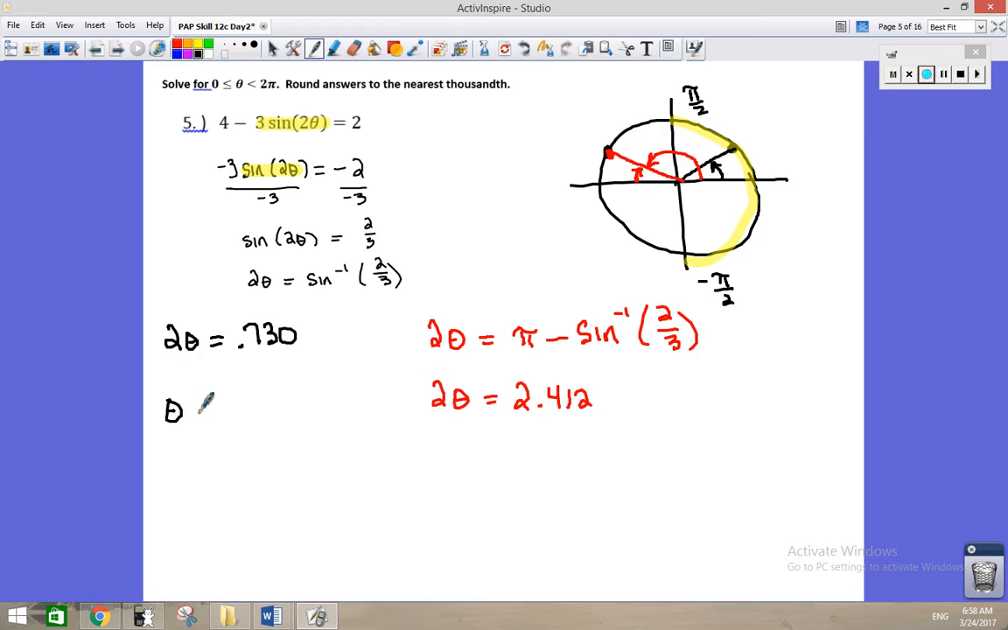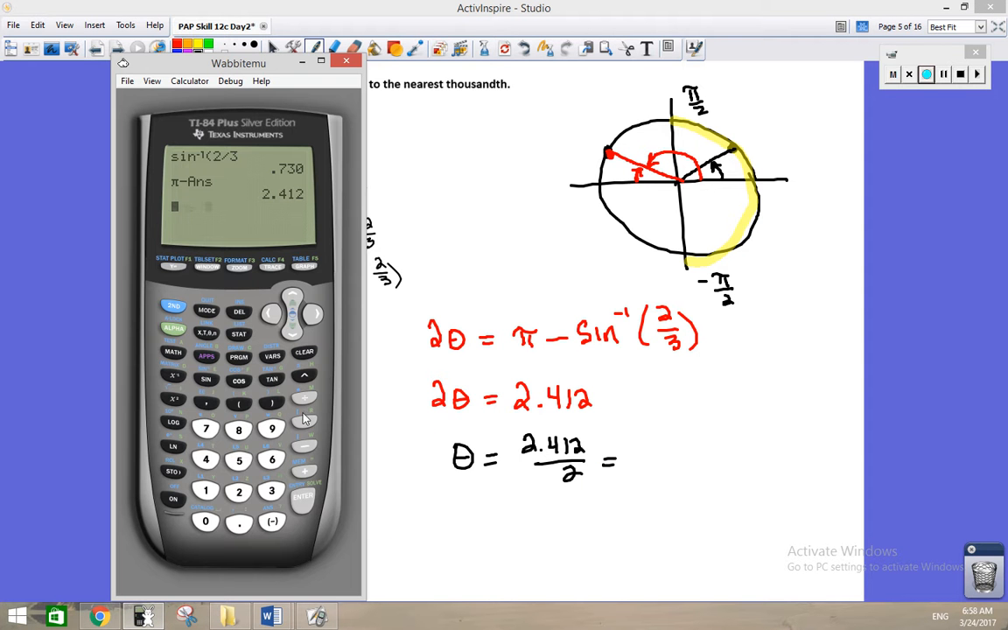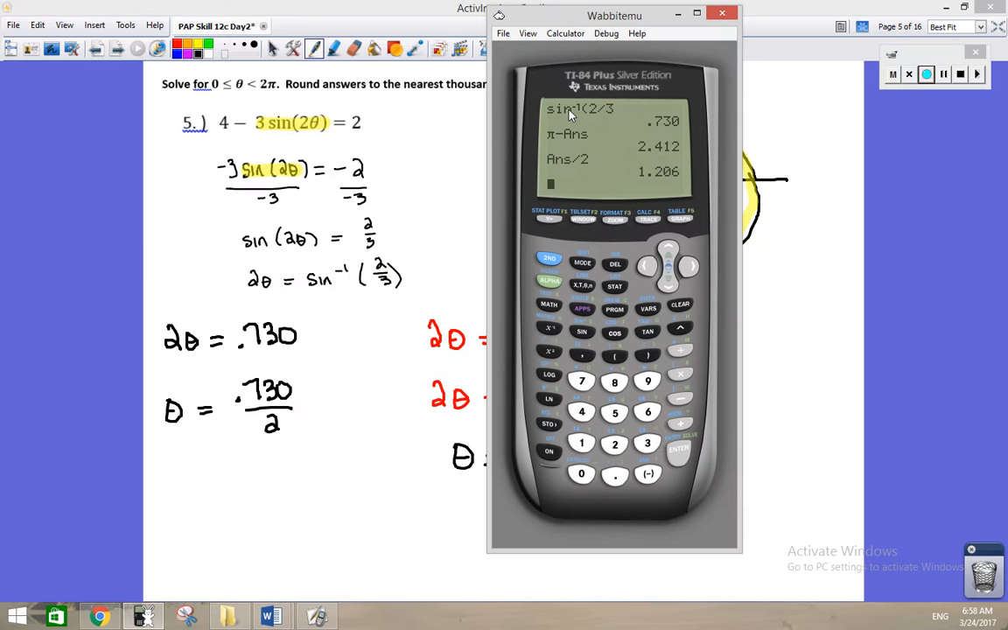Let's divide by 2. And divide this by 2. And alright, so I've got